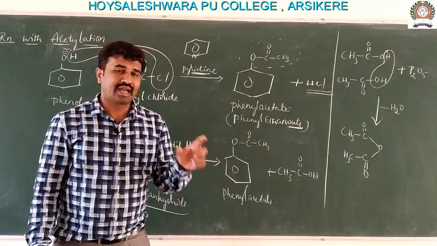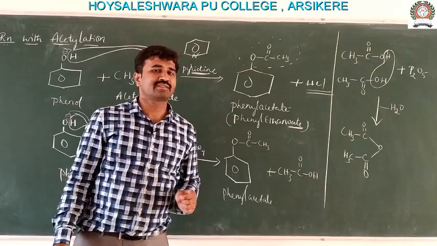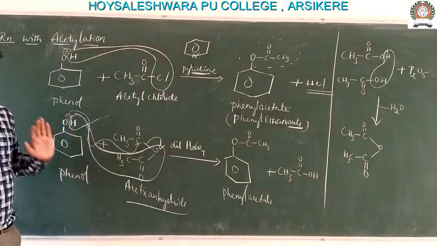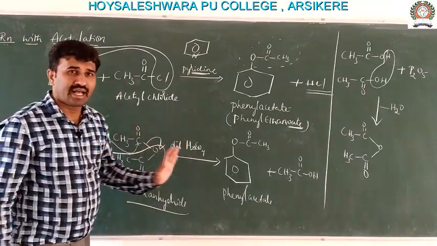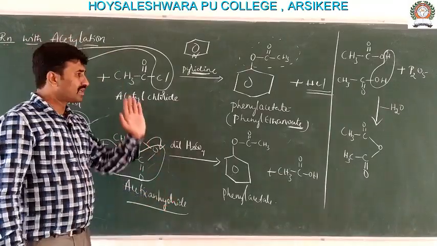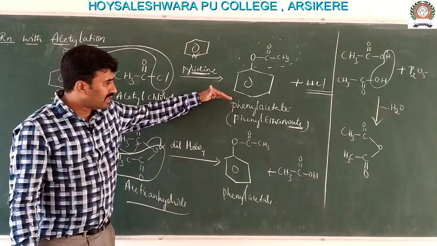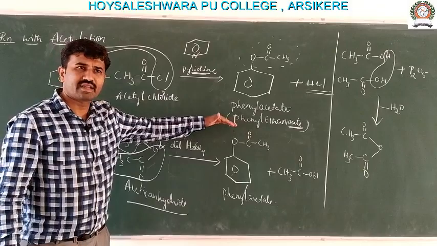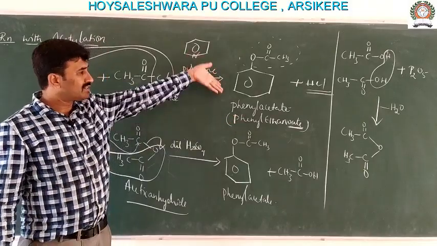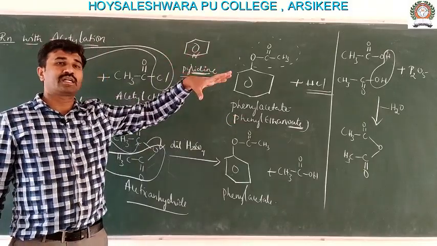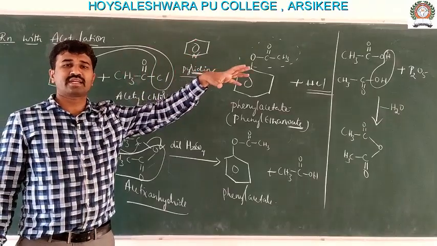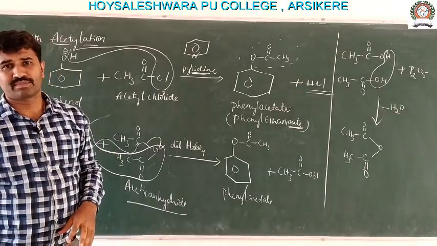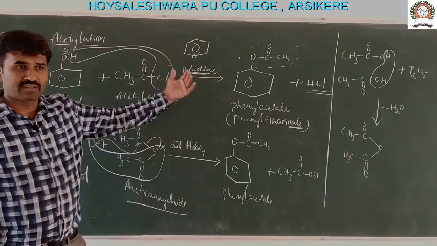Okay. So, acetylation can be done by using acetyl chloride or by acetic anhydride. While reacting the phenol with acetyl chloride, we are using a base as a catalyst, that is pyridine, while when we are using acetic anhydride, we are using acid as a catalyst. So, in both the reactions, the product is the same, that is phenyl acetate. The IUPAC name of this is phenyl ethanoate. Later, this phenyl acetate again undergoes a rearrangement upon reacting with anhydrous aluminum chloride, that is Fries rearrangement. So, let us see after this.